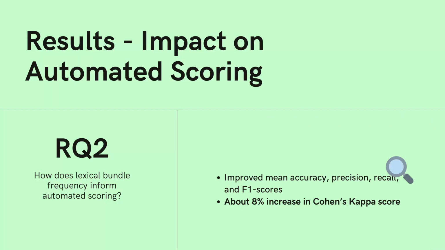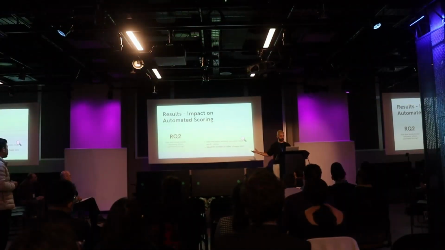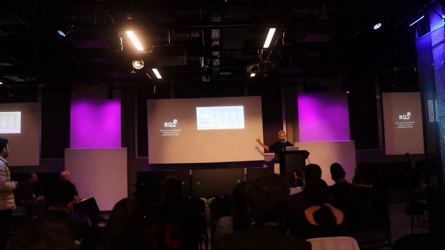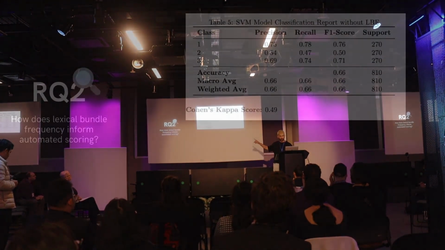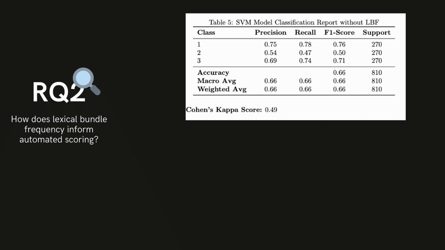Research question 2 asked, how does lexical bundle frequency inform automated scoring? Improved mean accuracy, precision, recall, and F1 scores, and about an 8% increase in Cohen's kappa score. It's not bad. And this is the SVM model classification report without LBF. As you can see, we have a decent F1 score. I'm saying decent because Chanadol says if you have approximately 80% precision, it's close to what E-rater does already. So 0.76,